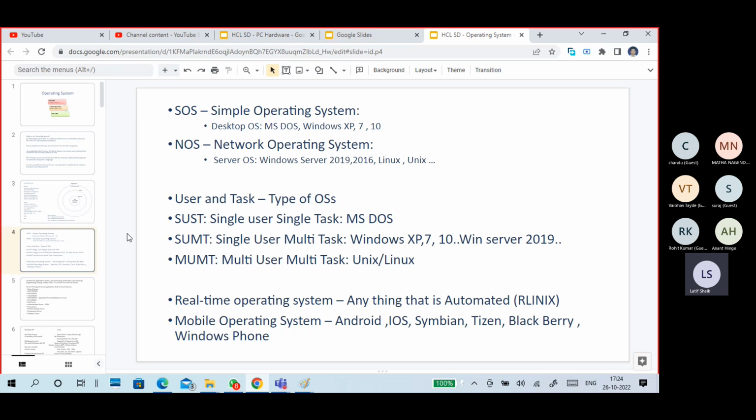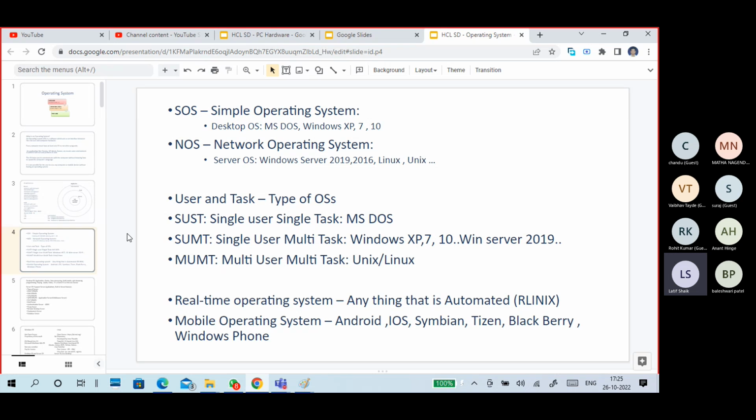You can see I am the user. I am able to log into my PC. I can do multiple things: web browsing, Google Team, Paintbrush, WhatsApp, right? Multiple tasks I am running, but only a single user can log in. For example, in my laptop, I have two or three users. If I log out, then only another user can log in. At the same time, two users cannot log in, either directly or remotely.